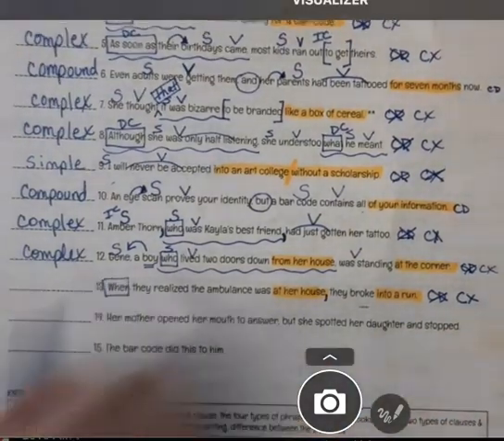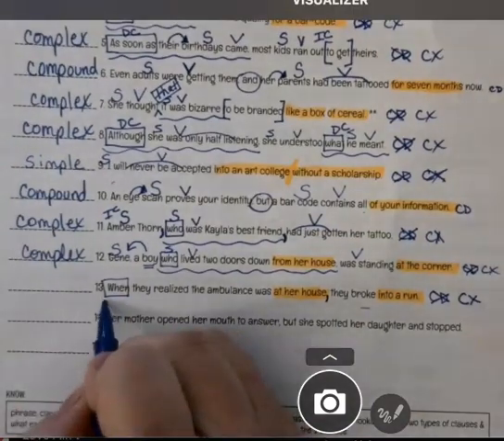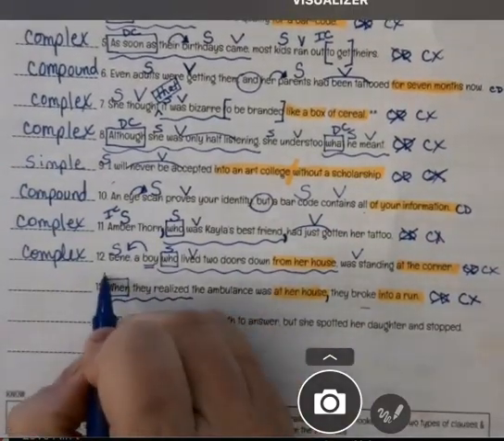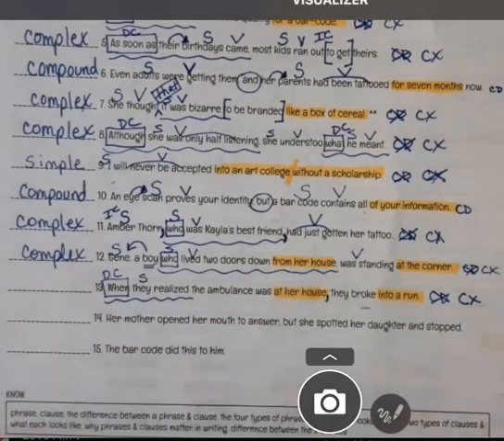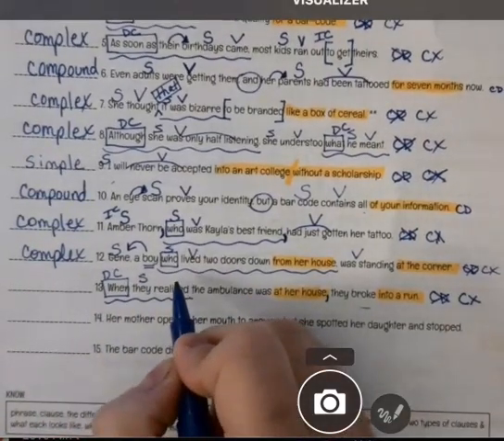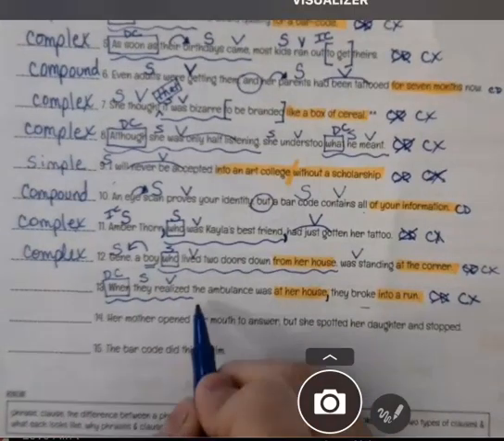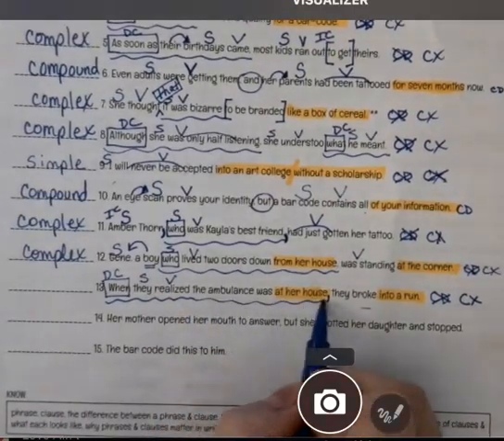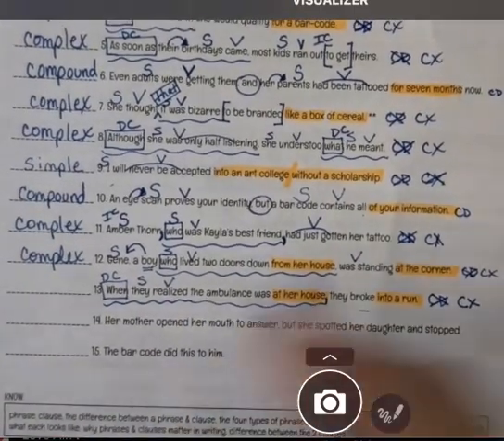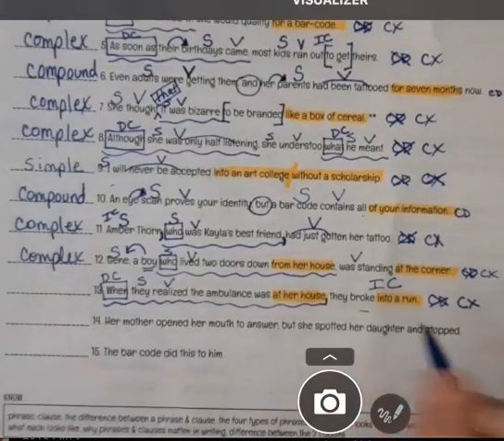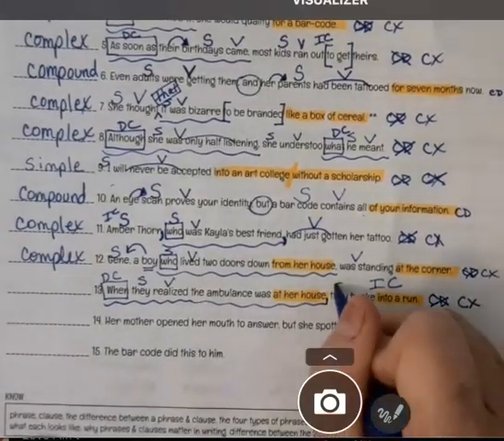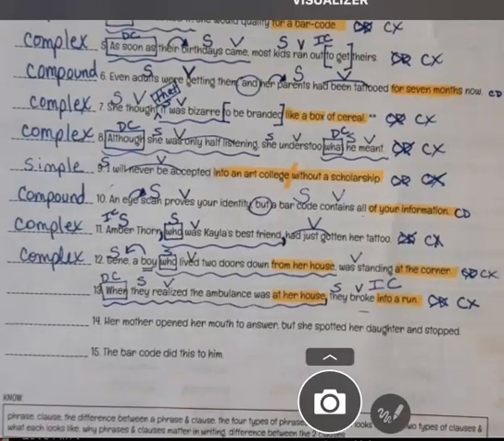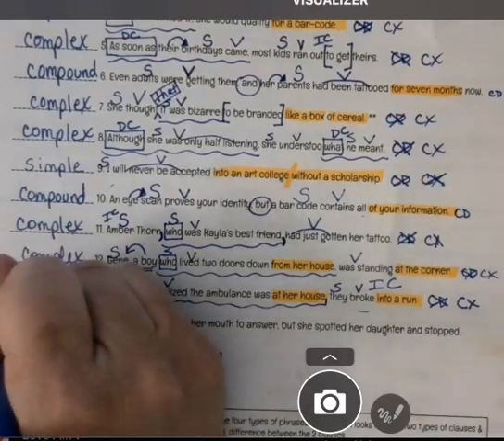When is a subordinating conjunction. When what? When they realized. So they is the subject there, and realized is the verb. Oh, actually, when they realized the ambulance was at her house, it's that whole thing. That makes this the dependent clause, and there's only two words left. So they must be the subject, and broke must be the verb. So this is a complex